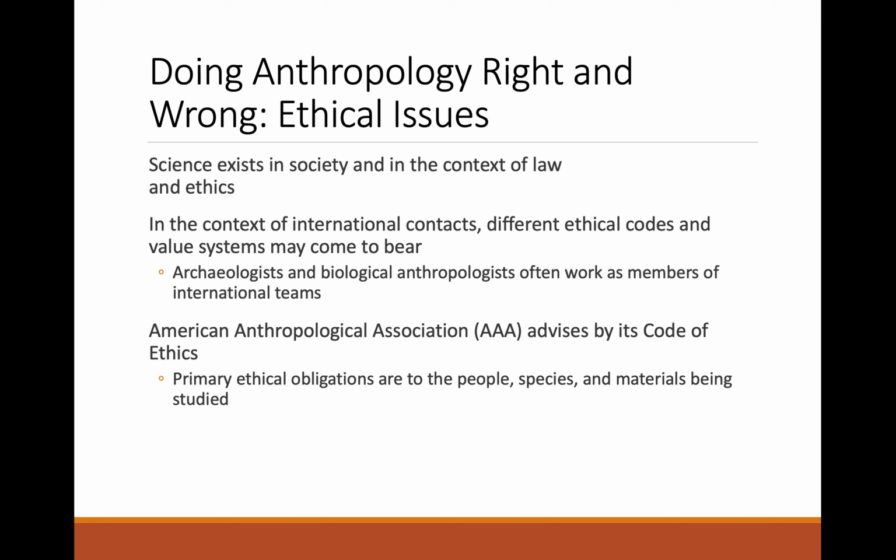To even do anthropology well, the American Association of Anthropologists has come forth with a statement that basically says you've got to involve local people in your research. And so you've got to make contact with professionals in the area in which you're doing your work. If there are indigenous populations that still inhabit the area where you're doing your work, you've got to consult with them and make sure that you're respecting their cultural traditions while you go through this process of survey and excavation,